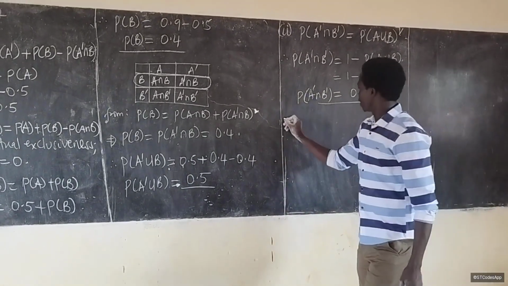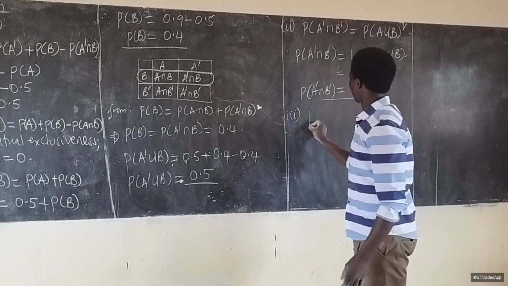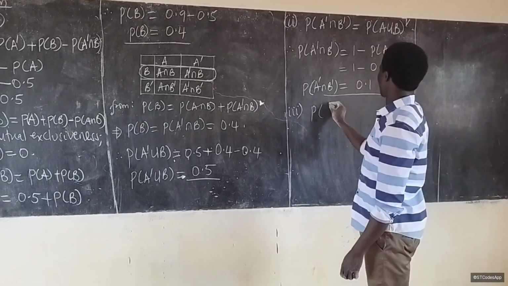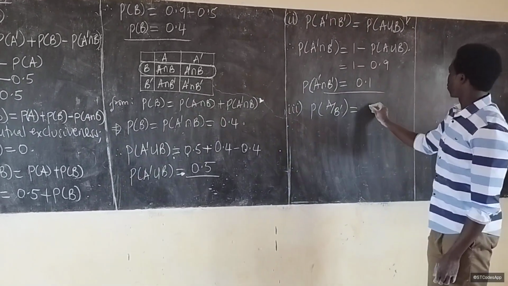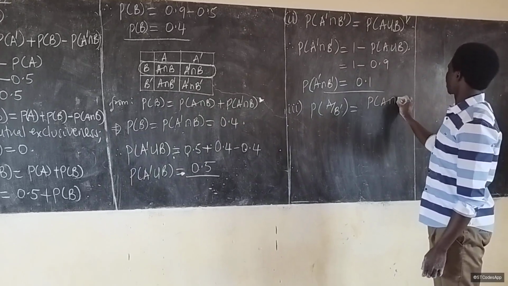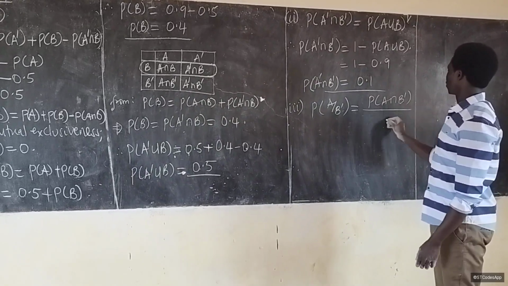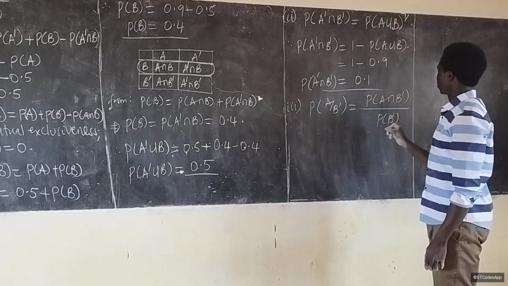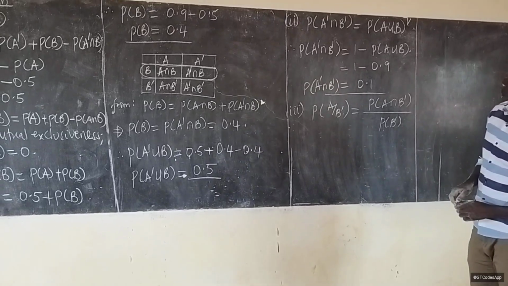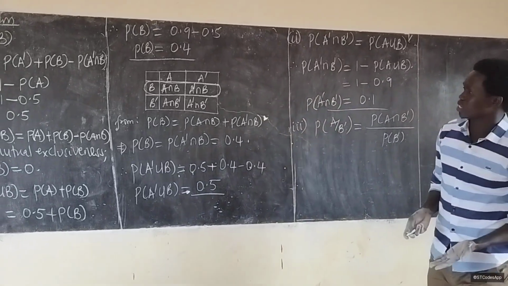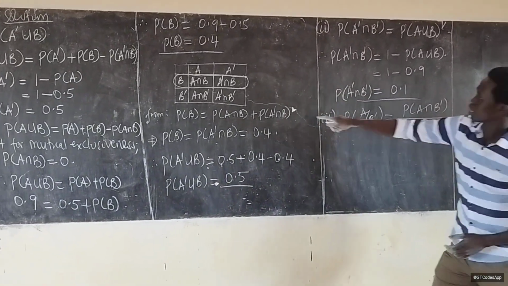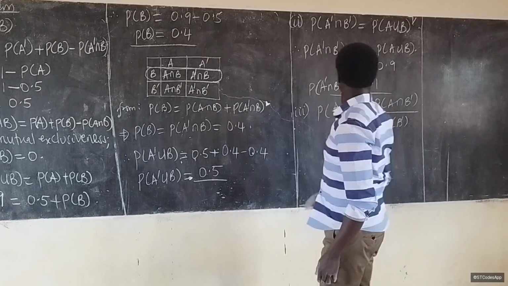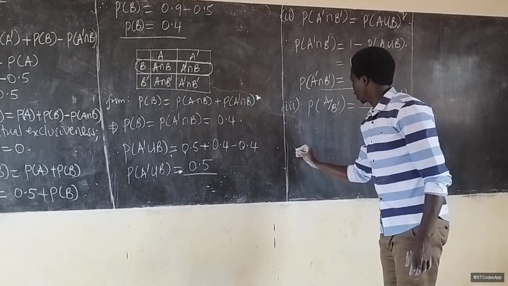Let's move to Roman 3. We need probability of A given B complement. This is the same as probability of A intersecting B complement out of probability of B complement. Probability of A intersecting B complement, did we get it somewhere? No, we have to find it. From the contingency table, we shall have that,